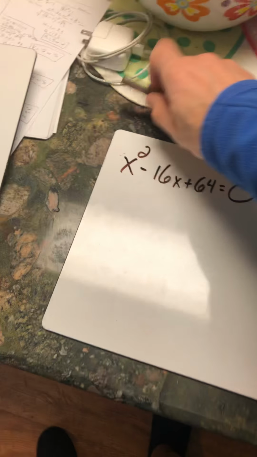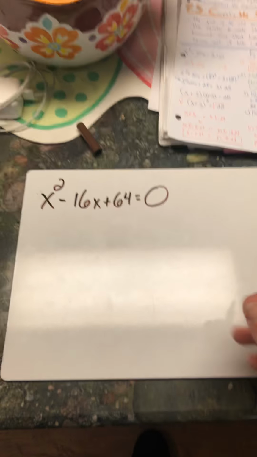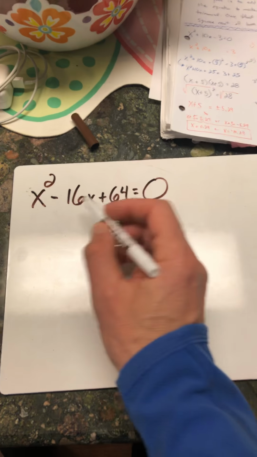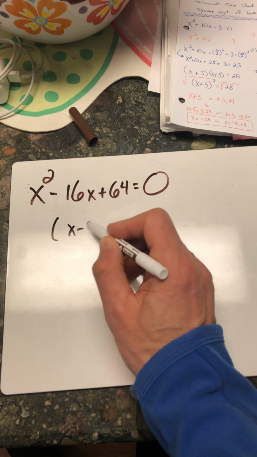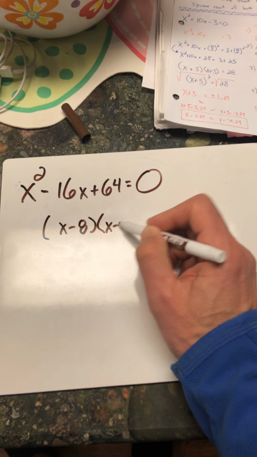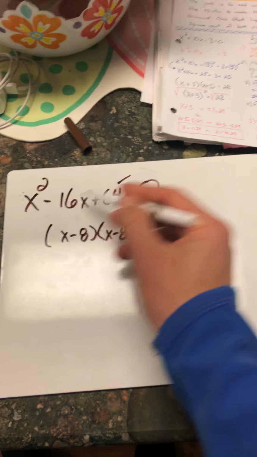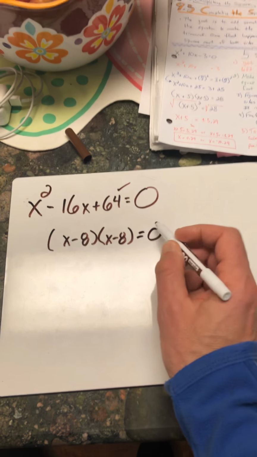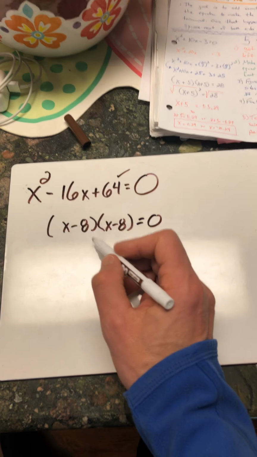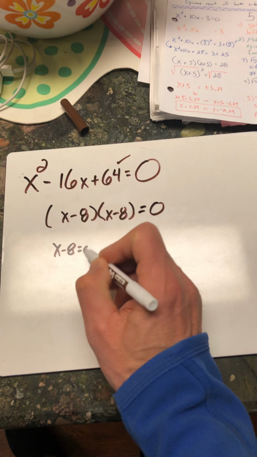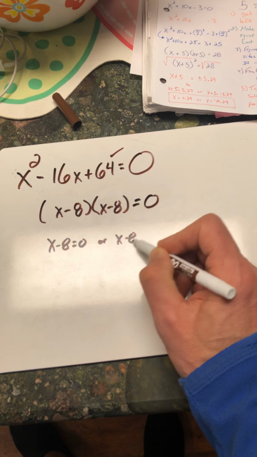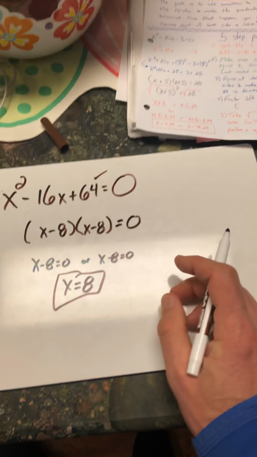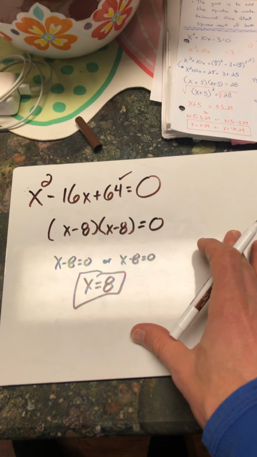All right, what we've done so far solving quadratics, whether the quadratic's a perfect square or not, we got it set equal to 0, and then we factored this guy. This ends up being x minus 8 times x minus 8, which happens to be a perfect square trinomial, which doesn't have to be that way to solve using this technique. I'm just using this as an example, equals 0. Then we use the zero product property. So x minus 8 equals 0, or x minus 8 equals 0. So we had x equals 8 to solve those. Okay, that was our